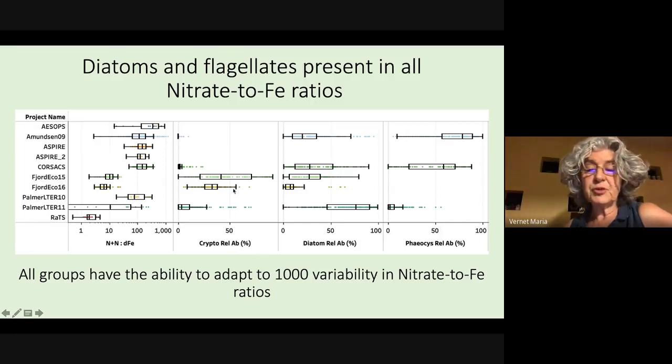And as you can see, cryptophytes are more abundant in the peninsula, as we knew. The diatoms are mostly everywhere, although richer in this 2011 Palmer LTR January cruise. And the phaeocystis is richer in the Amundsen Sea and the Ross Sea, with less concentration in the Western Antarctic Peninsula. But there is a hint that maybe there is more diatoms here than we knew about, not necessarily related to low